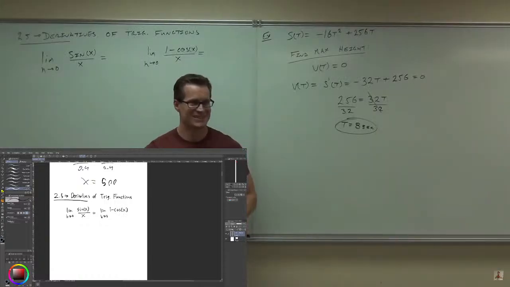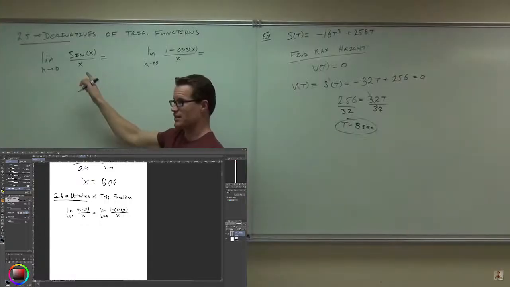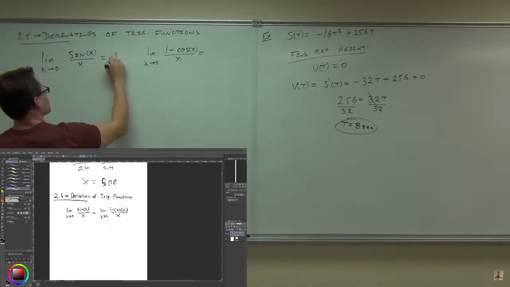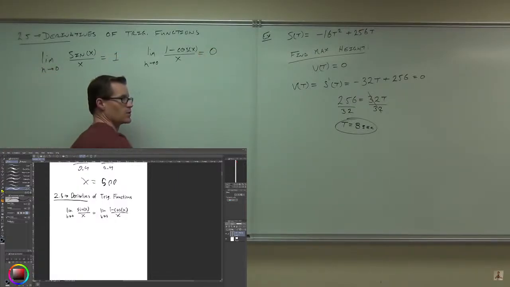Please tell me you know those. What's this one? One. Very good. What's this one? Good. If you know those, I'll prove that we can find the derivative of